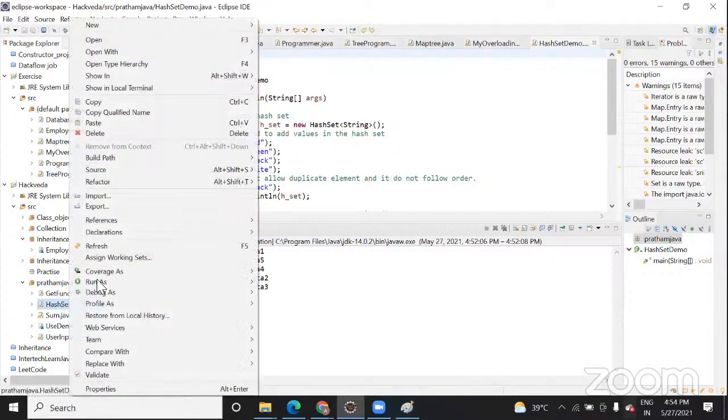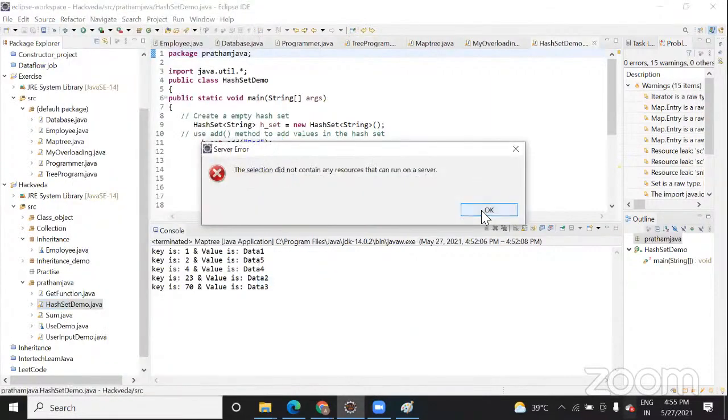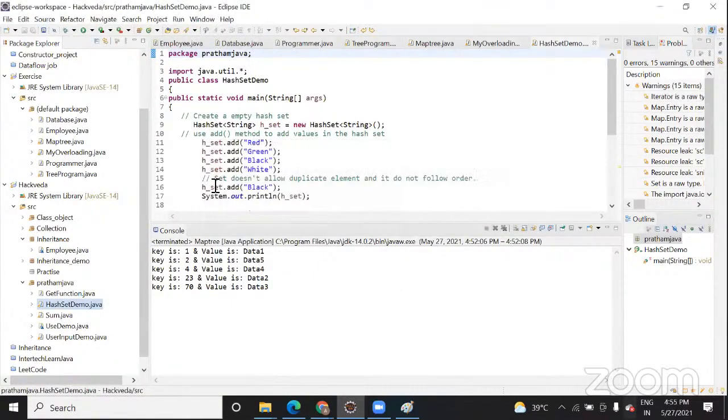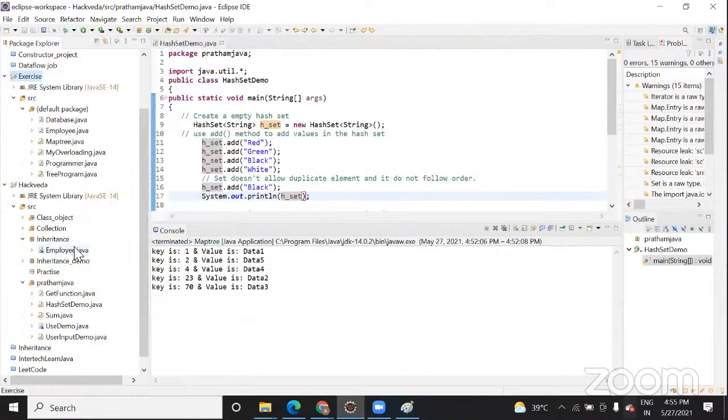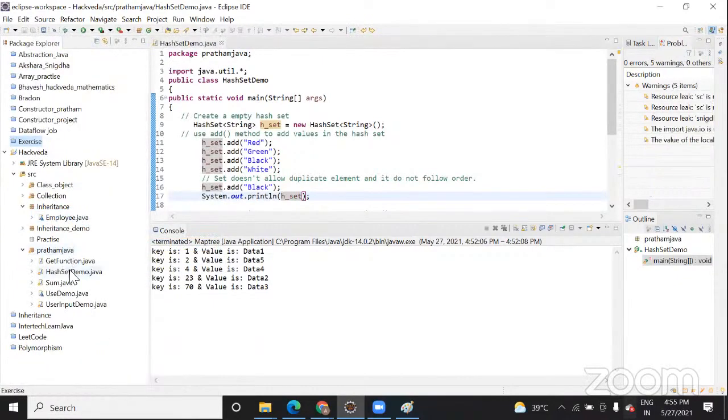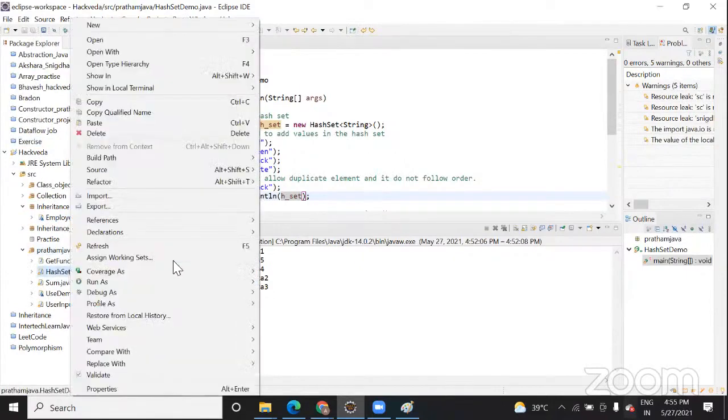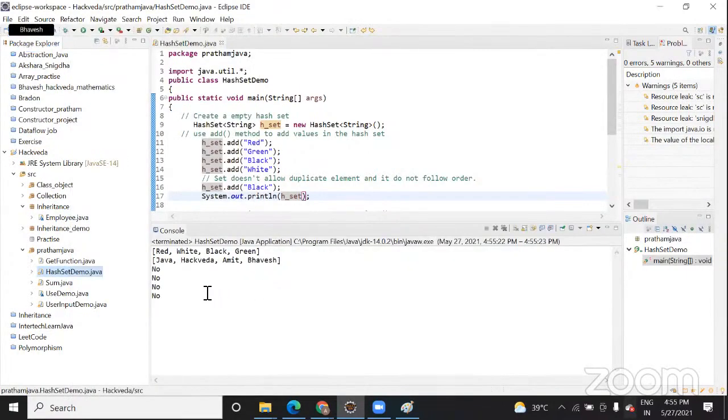Colors are there. I need to close this. My package explorer has disappeared, so can you tell me how to add it again?